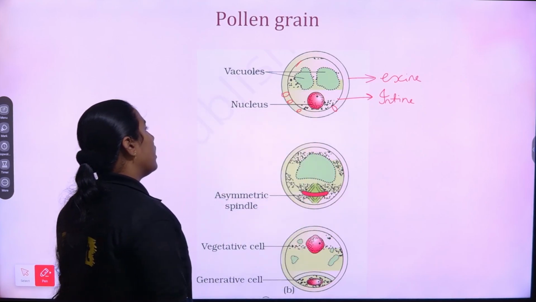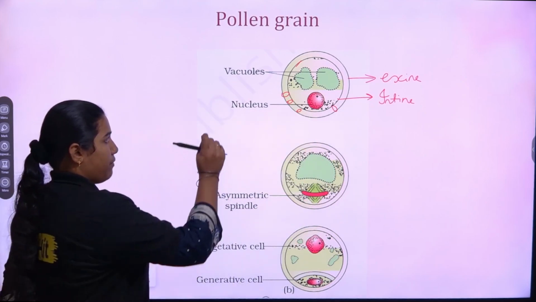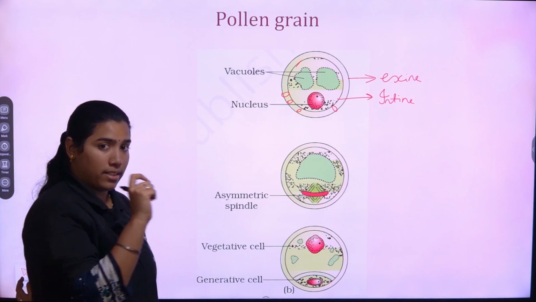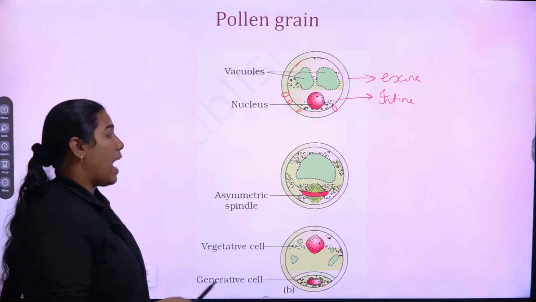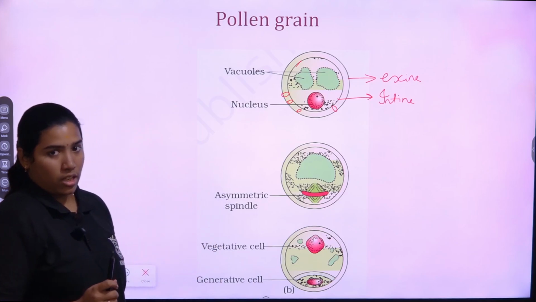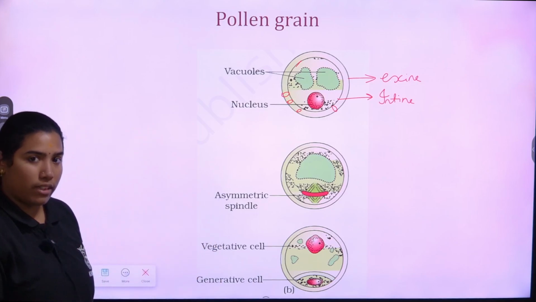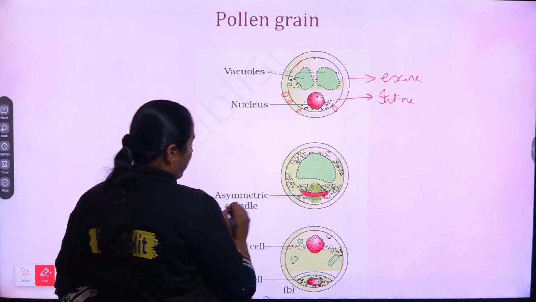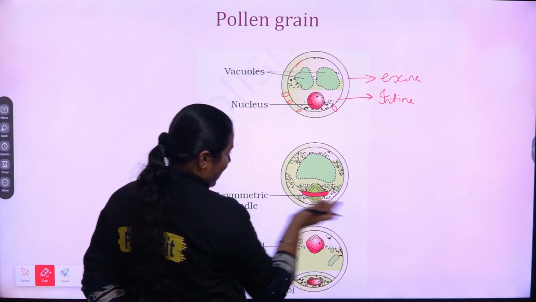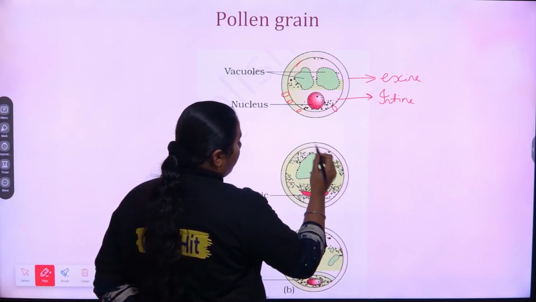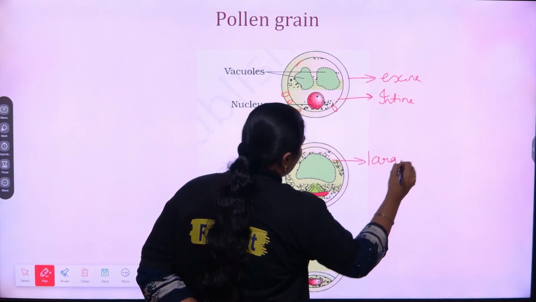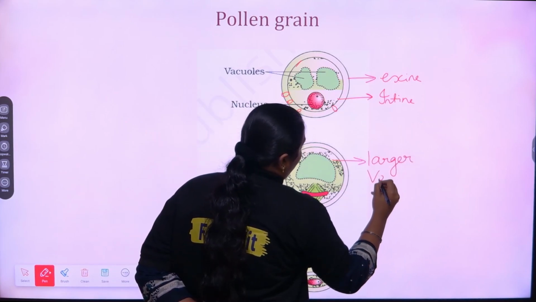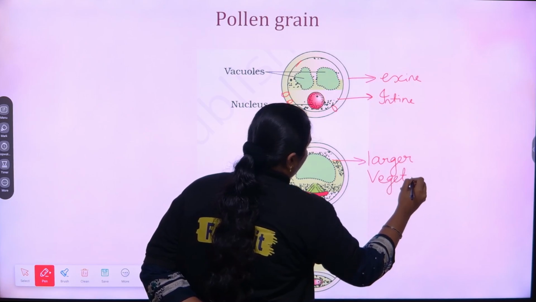Okay, then what happens? This is the first, we saw, the pollen mother cell divided by meiosis and gave 4 pollen grains. And one of the pollen grains, all the events I am describing will happen in all of them. The pollen grain will undergo cell division, and it will form a larger, remember this, these keywords are important, larger vegetative cell,